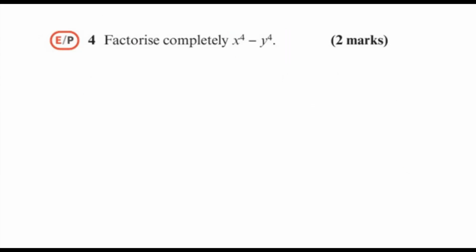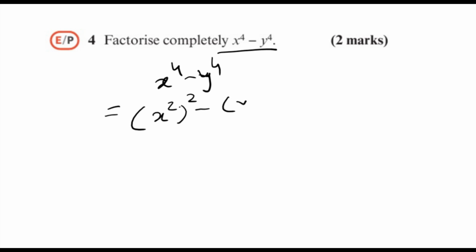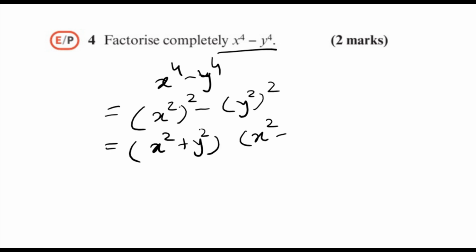Move to question number 4. Factorize completely. As you can see, this question is a difference of 2 squares. So first step, write the square root of both, which is x squared whole squared, y squared whole squared. So I can write x squared plus y squared, x squared